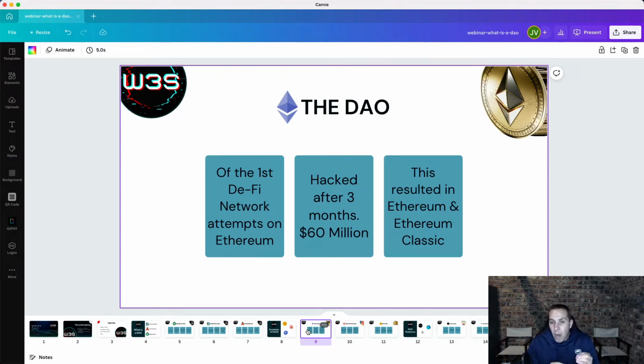Now, one of the reasons why people might get confused, what is Ethereum and what is Ethereum Classic? This can answer that question. Ethereum was a hard fork that the founder created against the normal source code for the Ethereum blockchain. So when this hack occurred, the founder hard forked the Ethereum blockchain to form what we now know as the Ethereum blockchain, whereas the old source code that the hacker used and managed to hack the monies out of became Ethereum Classic. One of the reasons that the founder hard forked the blockchain was to get that $60 million back to the investors.